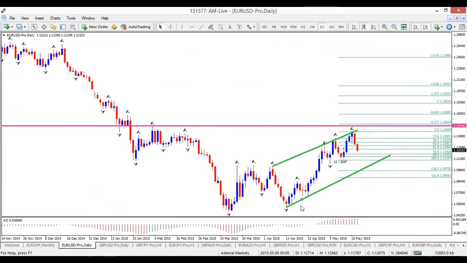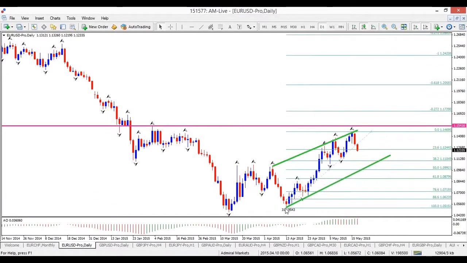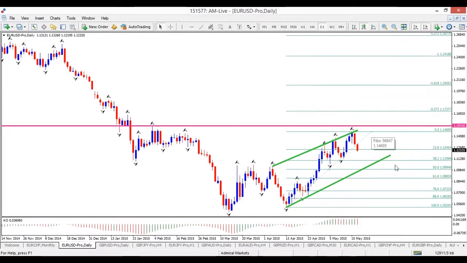From an Elliott wave perspective, 5 waves could be finished. In that regard, 111 is a 38.2 fib, and the 23.6 fib is 112.50. So that's why I think 112.50 is a bouncing spot, because of the 23.6 fib. But it could be a bounce after which we do see a retest back to 38.2, after which we see an upside, something like that. This is something we often see in Forex, right? So there's nothing wrong with looking for a bounce at the 23.6 fib, as long as we